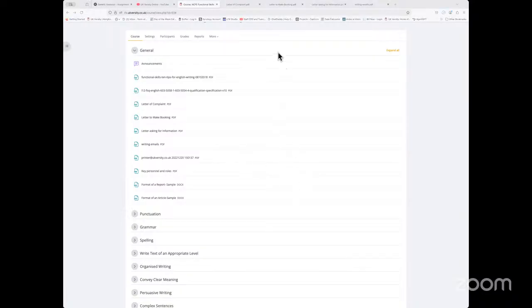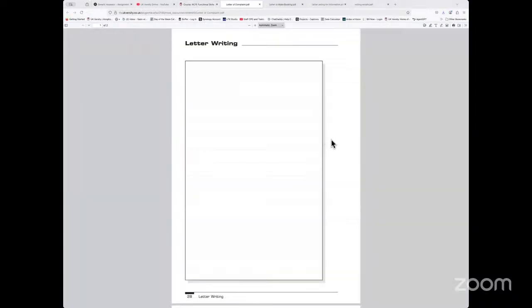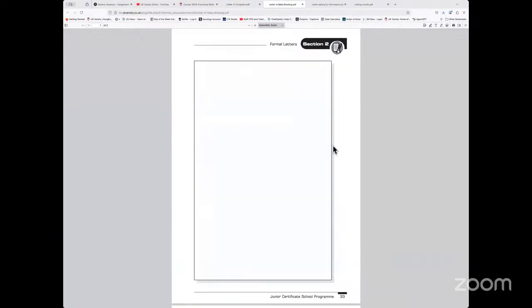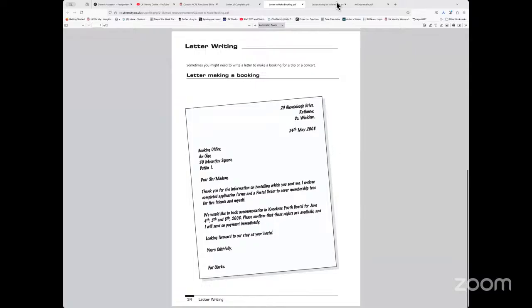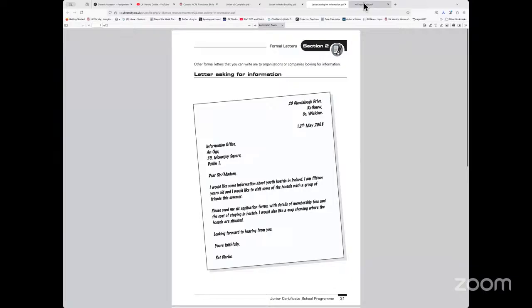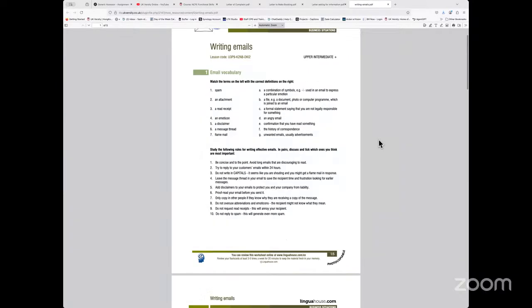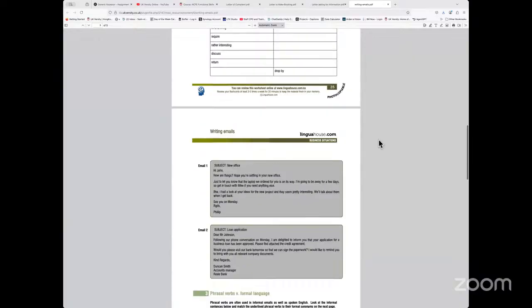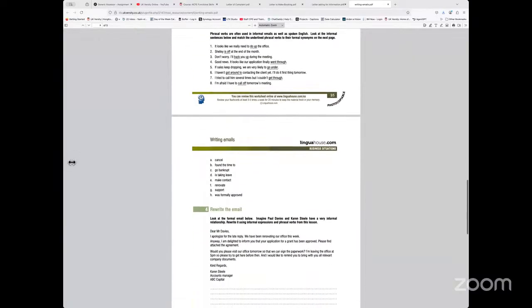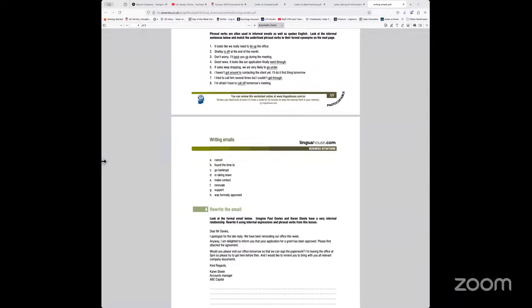These would give you a very good idea of what a report looks like, what an article looks like, what a letter looks like. As you can see, this is a visual example of a letter, another example of a letter, and another. Then there are some activities that we are going to do tomorrow. And there's how you write an email, with examples of formal and informal emails. Formal emails could be an email you're writing to your boss or colleague. An informal email would be one you write to a family member or a friend that you know.